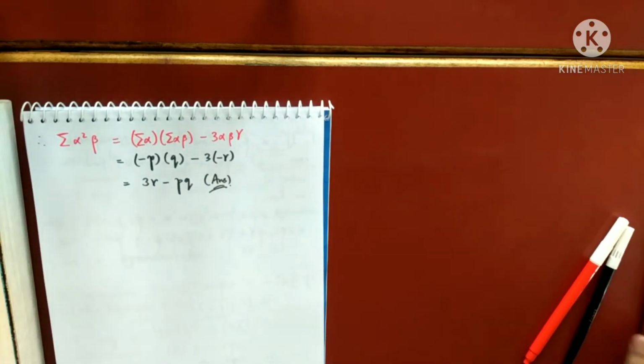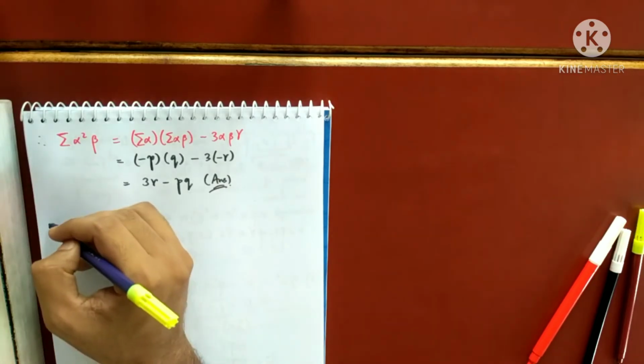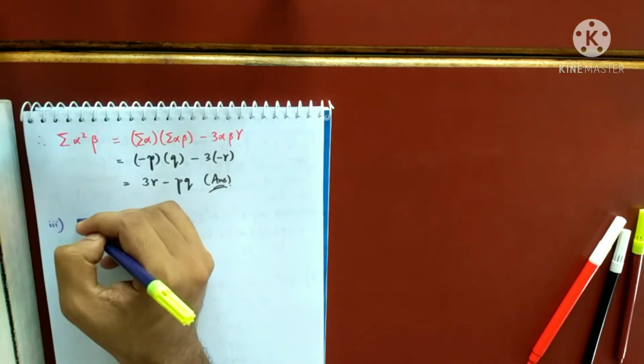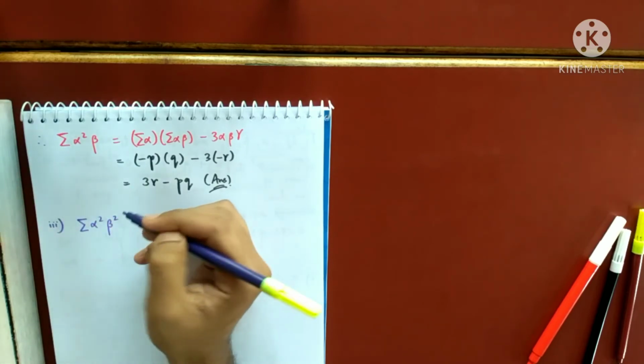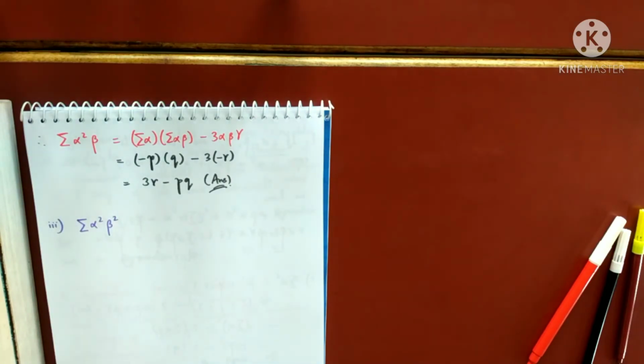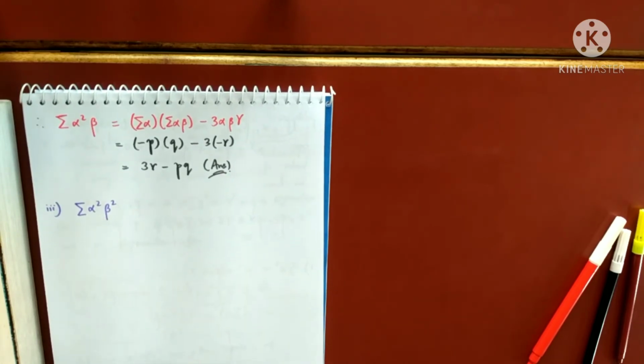Okay. Now let's see in number 3 what they have asked. This I will not do, I will do it later, because otherwise you get confused. Alright, now do this one. Number 3, I'll take this summation alpha square beta square. In number 3, they have asked summation alpha cube. This summation alpha cube, I will ask you to do using Newton's theorem when I teach you that. That will be easier for us. Otherwise, you'll get confused there.